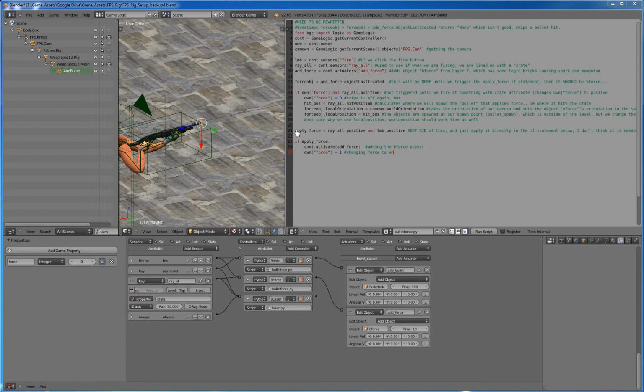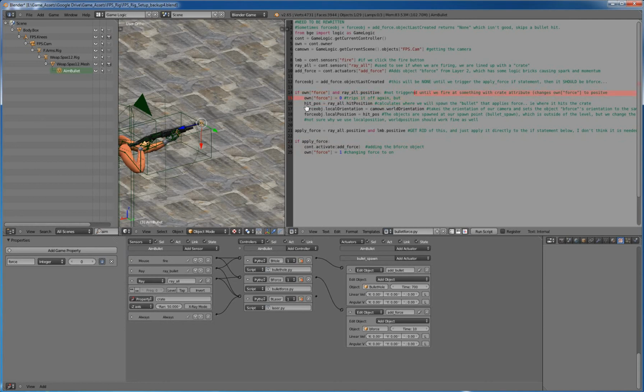Alright, so as we were just saying, if we hit the left mouse button and the ray is centered on something that has the property of crate right there, it's going to change our own force to 1. This right here is skipped over. It does not happen until this loop here goes. So it'll loop through it, skip over that until that activates, and then that'll change the force to 1, and then it'll automatically go into this if ray is positive, which it will be. So it'll turn it off again,